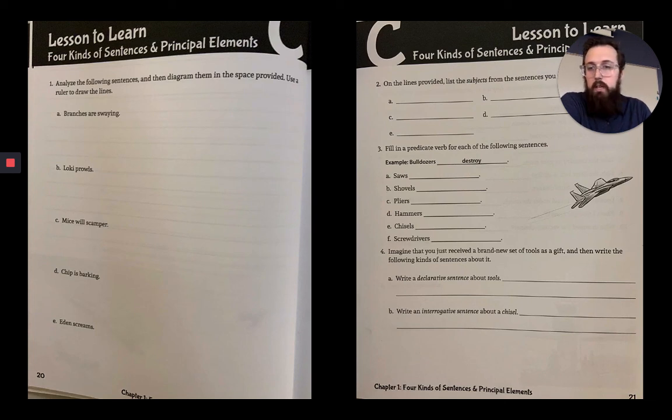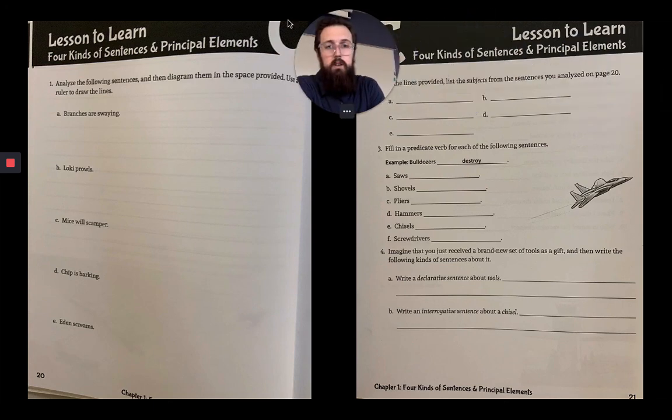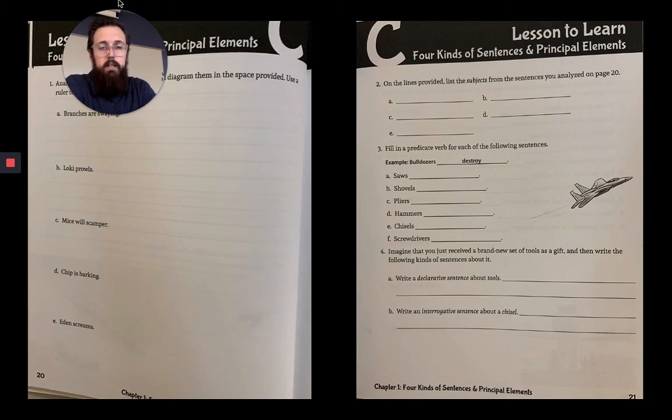B, Loki prowls. We did that one as well. If you need to, rewind and then watch how to do it. And then you must analyze and diagram mice will scamper. And then Chip is barking. And Eden screams. For question 2, it asks us, on the sentence provided, list the subject from the sentences you